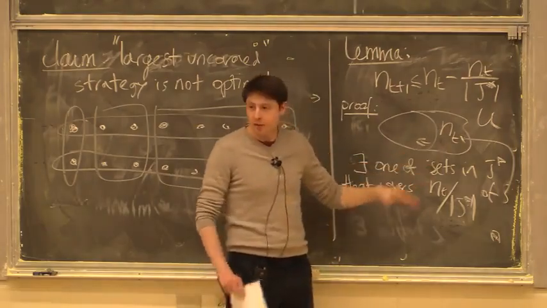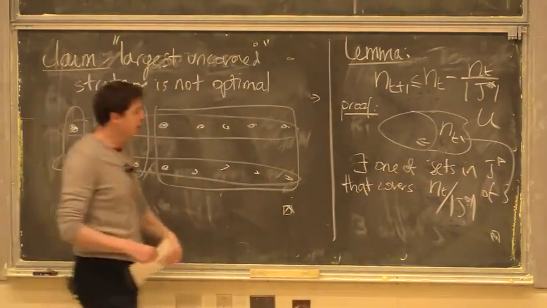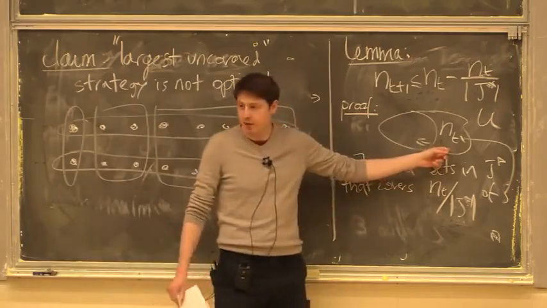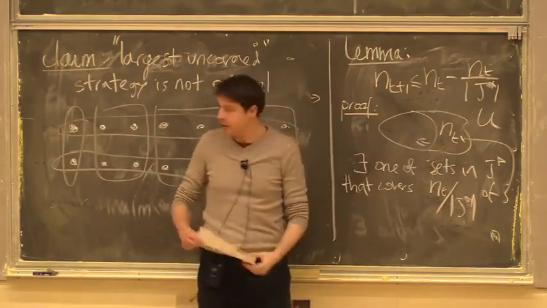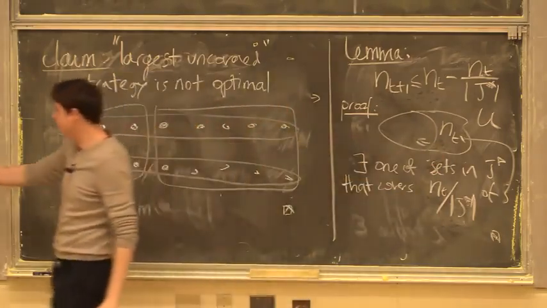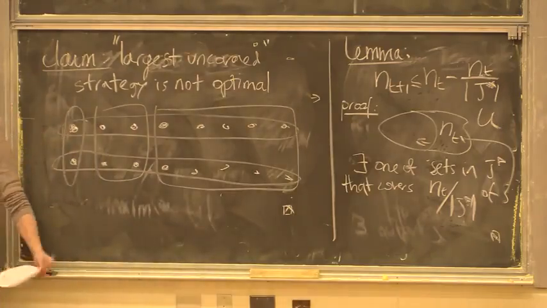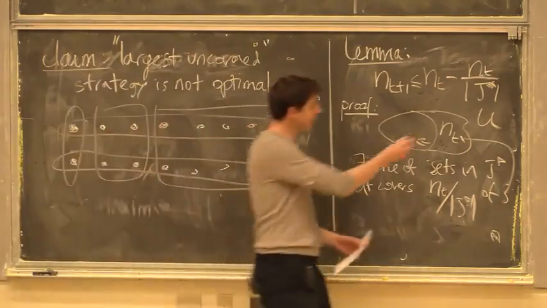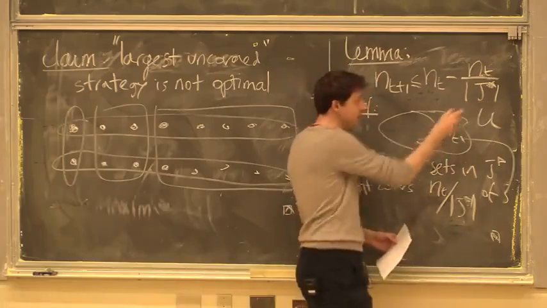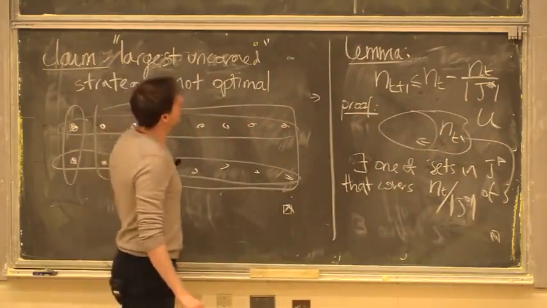Moreover, this must be one of the sets that I haven't picked yet. Because if I had picked it already, then I wouldn't be talking about things that are covered by nt. So among the choices that my greedy algorithm will consider, that would be one of them. If it doesn't pick that one, it's because we'll have an even better choice. So it means that the step of my algorithm will proceed this fast. Okay? Good. So now that we have that lemma,